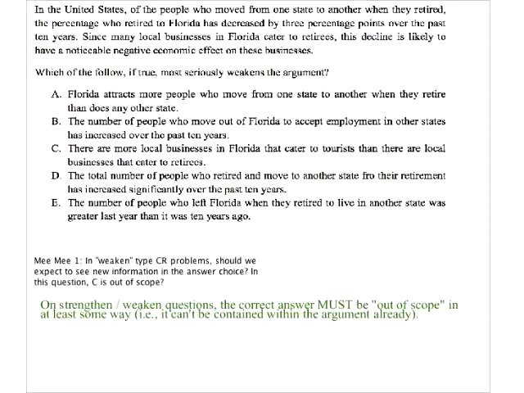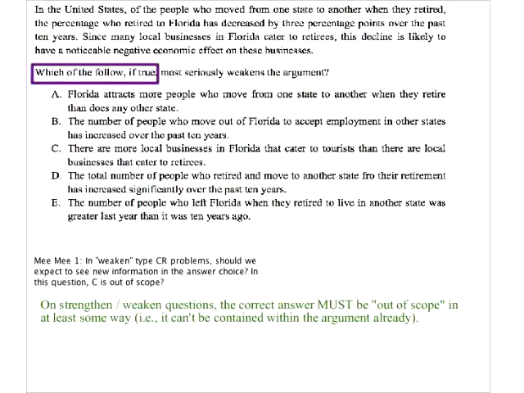Because remember, you're trying to make an argument stronger or weaker. You can't make an argument stronger or weaker by simply reiterating what's already there. So yes, these things are both outside the original scope. The total number is also outside the original scope because it just talks about percentages. But that's the whole point. This is not a great transcription. This should say following. But the point is, if you see which of the following, if true,